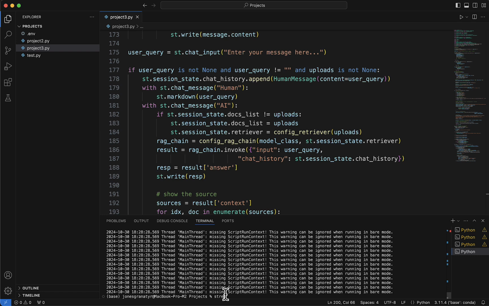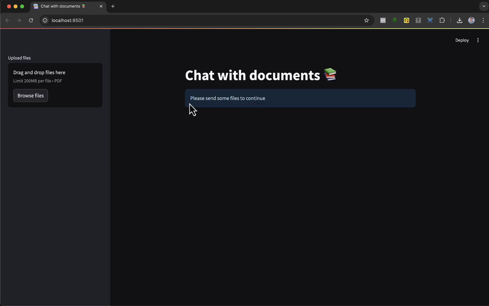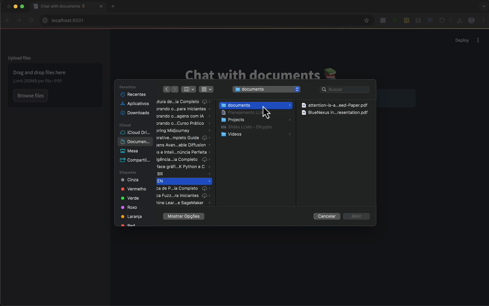So now we need to call Streamlit. Streamlit run and the name of the file, project3.py. Press enter. We have the message, please send some files to continue. So we are going to click on browse files, access the documents folder. You have access to this file, and there are two